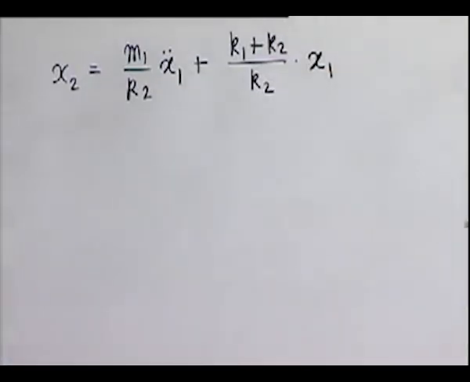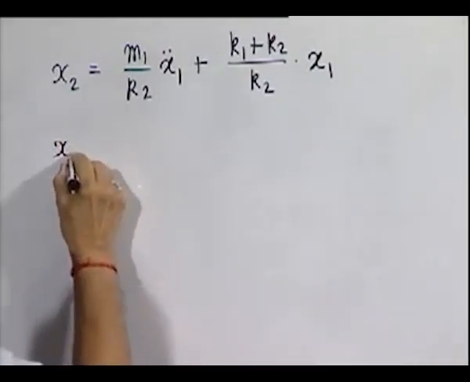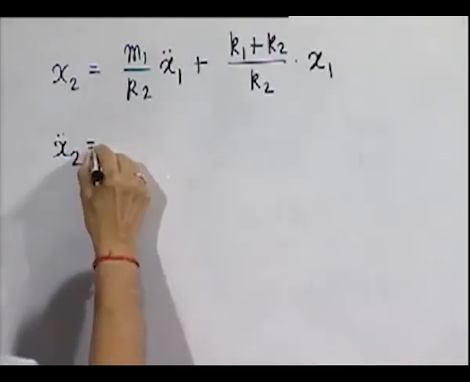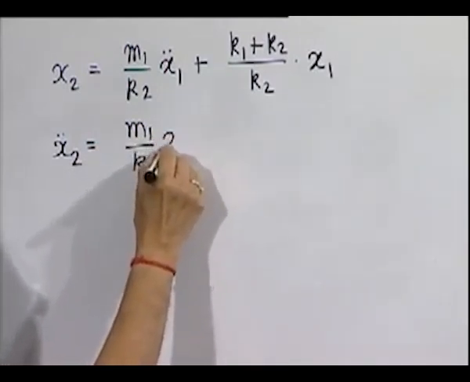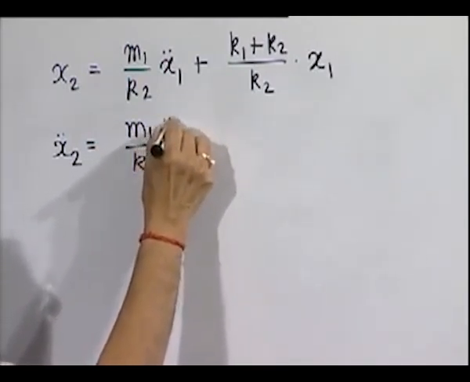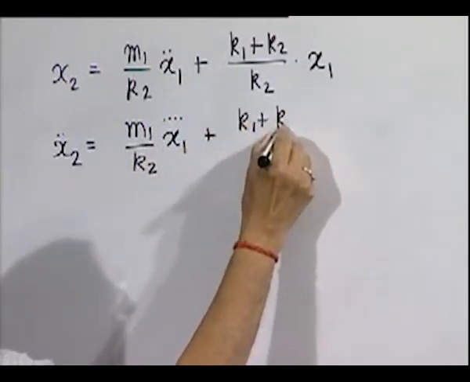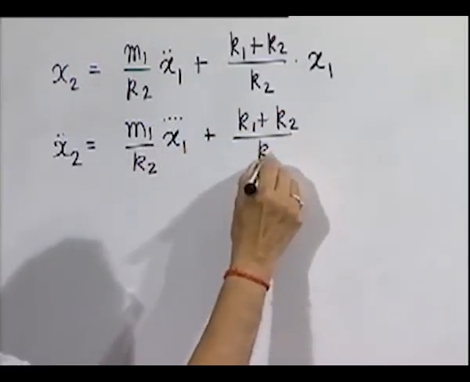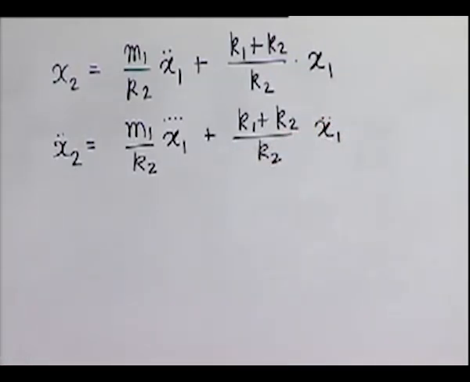So x2, if we write in this, it will be m1, so x2 is this much, and x2 double dot will be then obviously